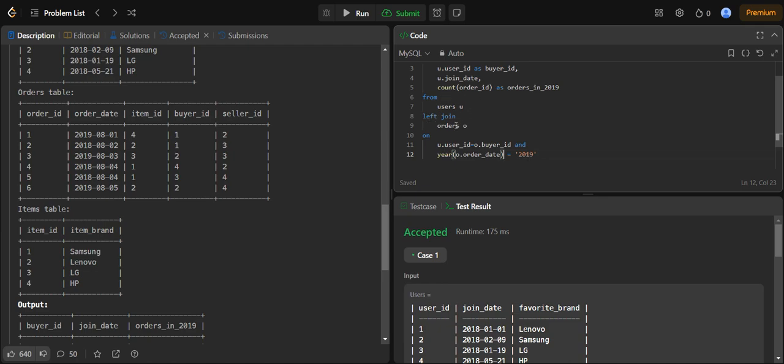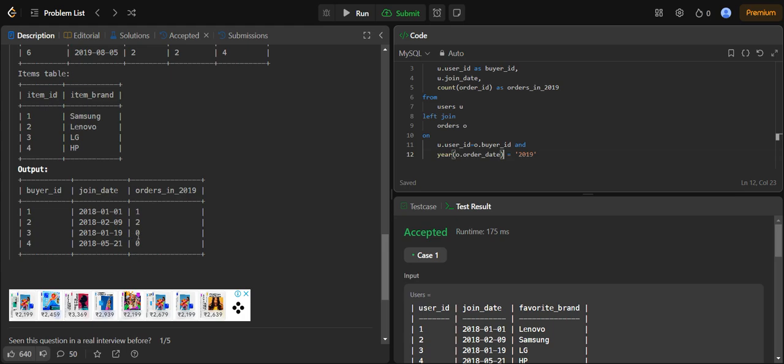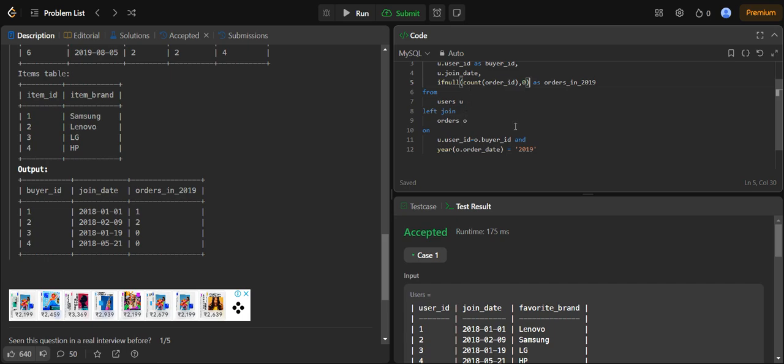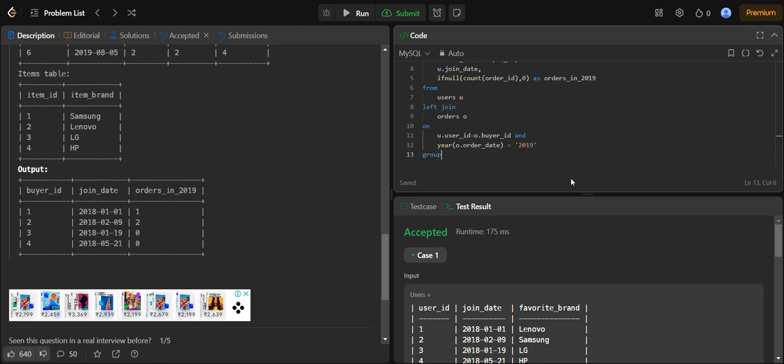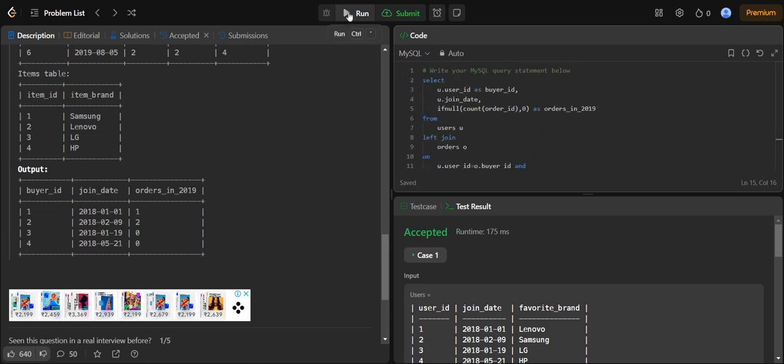Since I'm using left join, there must be some users like 3 and 4 here, which have not bought anything. The orders count is 0, so when I join, this will give me null. I do not need null here, I need 0. So I'm going to use ifnull, I want 0. I think it is okay. But I'm using count here, so I need group by. I can write 1 comma 2, or you can write u.user_id, u.join_date. Writing 1, 2 is better. I think it's okay. So let us run this,